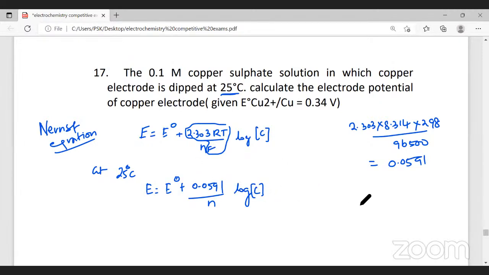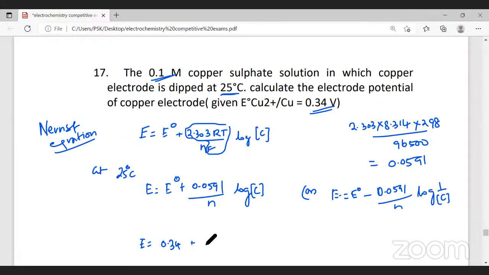Now, can I write this equation otherwise, like this? E is equal to E naught minus 0.0591 divided by n log of 1 by C. Are both the same? Yes, both equations are the same. So you can use either of these equations to calculate the electrode potential. Now, what is given? They've given the concentration to be 0.1 and the standard electrode potential to be 0.34. Therefore, E will be equal to 0.34 plus